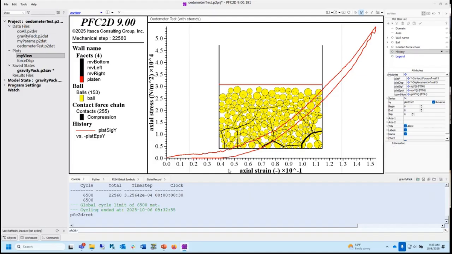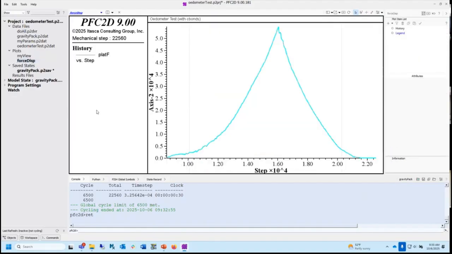So this is what we got. And now it's unloaded. It's not touching. Force, axial stress, force is 0. Here's the curve sitting down here, right? And we also were monitoring during this test the force on the platen, right? And we made compression positive. So you can see it loaded up, it got stiffer and stiffer. Now the force is going up, and then we move the other way, force goes down.